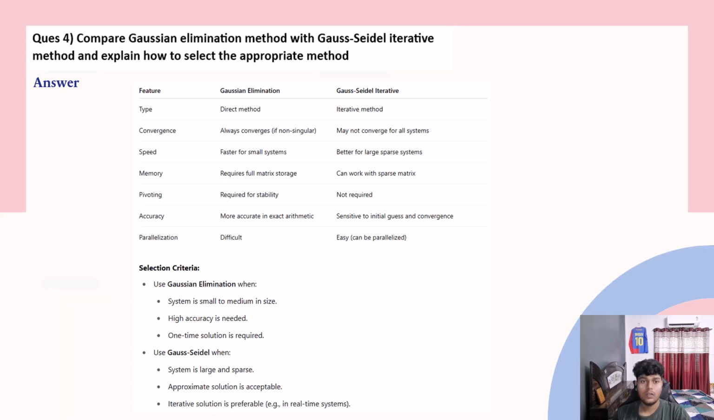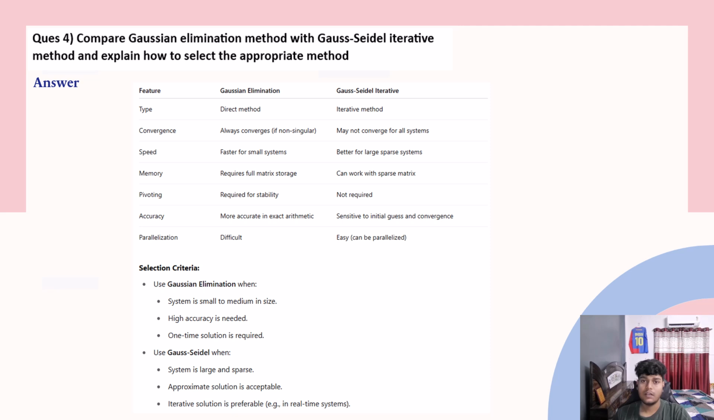Now moving to our next question, question number four. Question number four asks us to write an algorithm to solve simultaneous linear algebraic equations using the Gauss-Seidel iterative method. Unlike Gauss elimination, Gauss-Seidel is an iterative method, making it suitable for large sparse systems where direct methods are computationally expensive. The algorithm starts with the system Ax = b, where A is an n by n matrix,